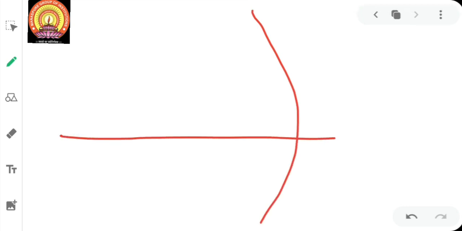So consider a concave mirror. Here I am drawing it as a concave mirror. Then the center of curvature and the pole, they join with the line that is the principal axis. Somewhere here it is the focus, and the object is at the focus now. Okay, so now as per our rule, the incident ray, when the ray is passing from the object over here, it is parallel to the principal axis. Suppose that this is the object AB.